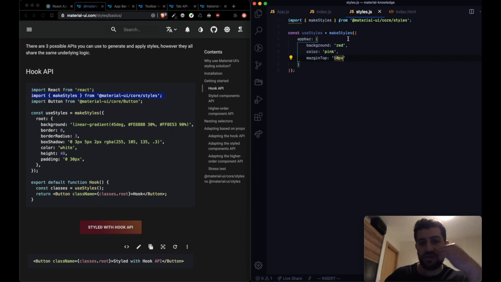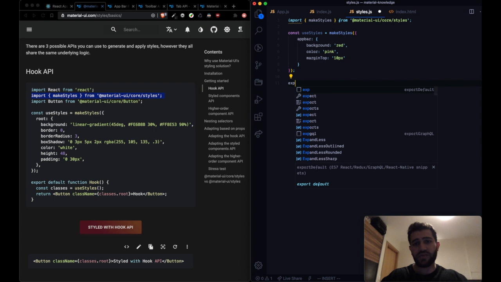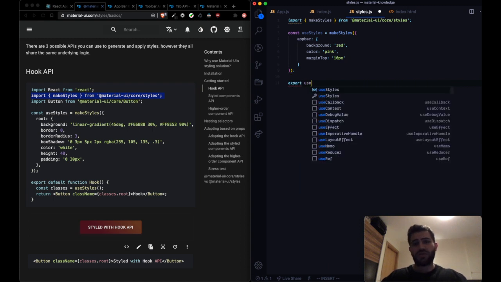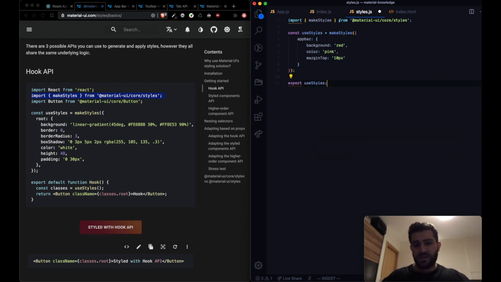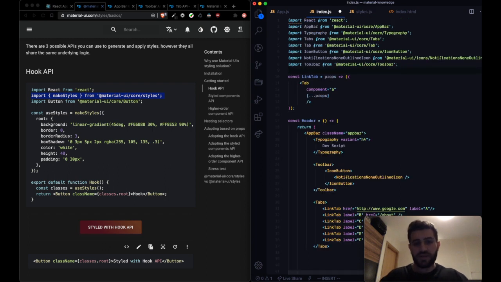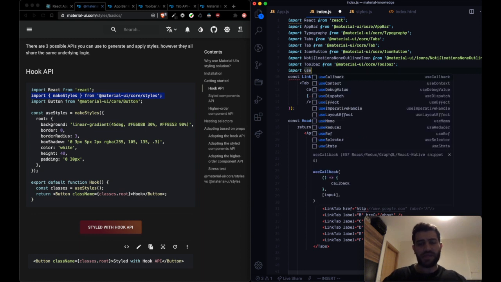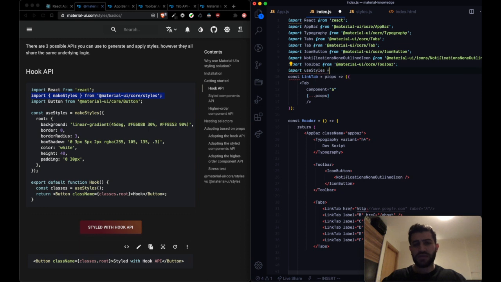I'm going to save this, and I'm going to export here. I'm going to export the useStyles. So export default useStyles, and useStyles is a function now. So makeStyles receives an object and returns a function to us. So now I'm going to import the useStyles that I just created, and it was a default export, so I'm going to import it like this, useStyles from